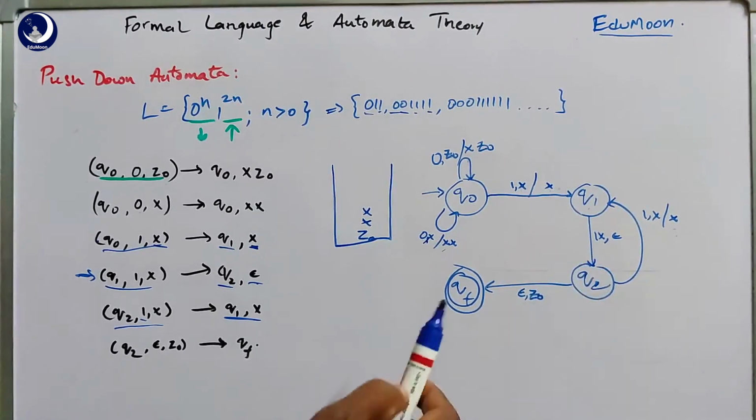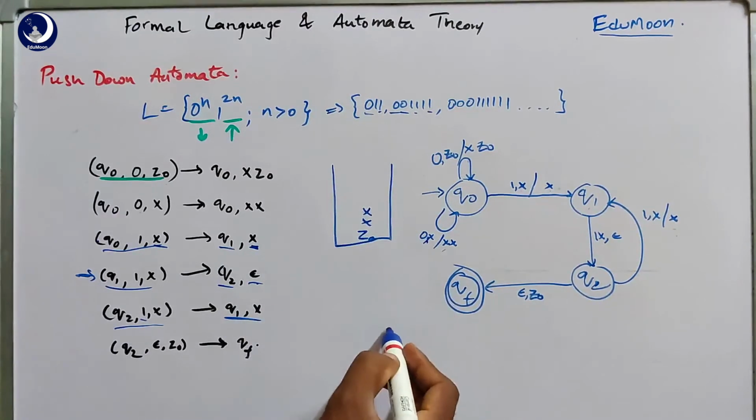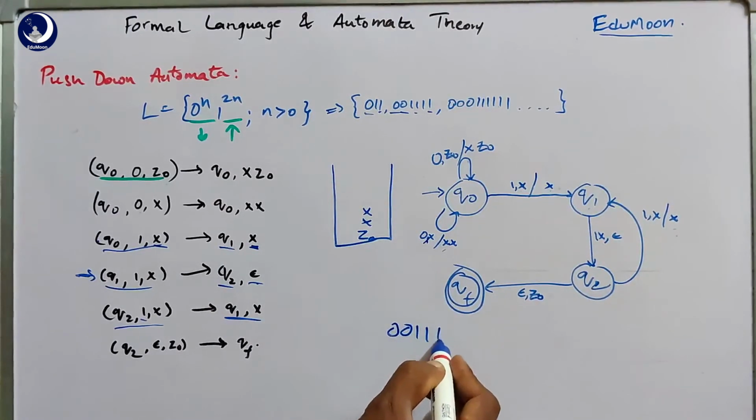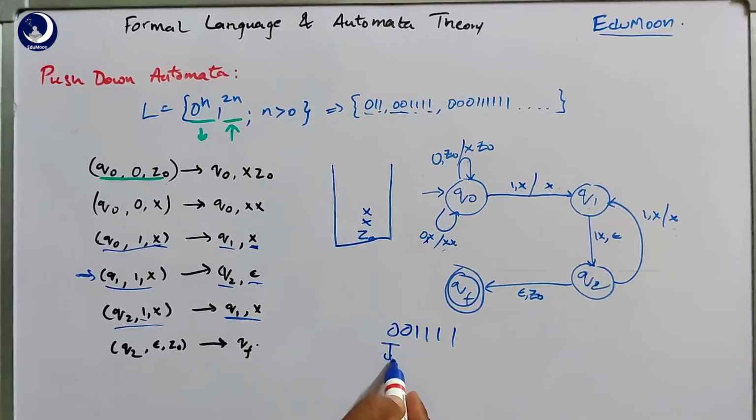If you check the input string, anything like 0 0 1 1 1 1, this is going to be accepted here. That is, for this a 0 is pushed and for this a 0 is pushed into the stack like this, and for this one it will be idle, so it will come back to Q1 state. From Q0 state it will come back to Q1 state, and for this one we generally pop an element and